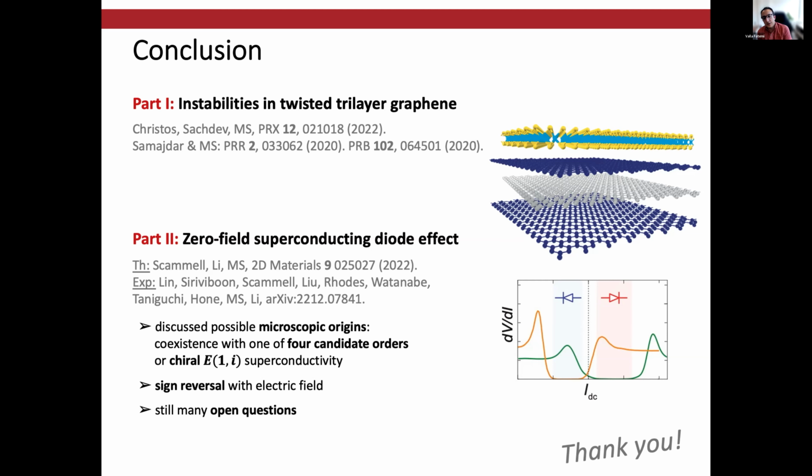And okay, great. Thank you. And another follow-up, unrelated, kind of related question that you touched on. So you were describing at least a homogeneous system, and I think your theory applies to a homogeneous system. But we know that with these twist angle stacks, there can be a lot of twist angle inhomogeneity and stuff like that. So I was wondering,